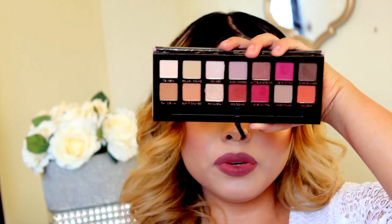These two I've heard are really good highlights, and I actually watched a video of a girl using them as highlights, and girl, the bomb. So I'm definitely gonna be trying those as highlights. So I think these two, my first impressions, amazing. I do not regret buying them. I actually even want to go get the split pans of these because they're limited edition, and I don't want